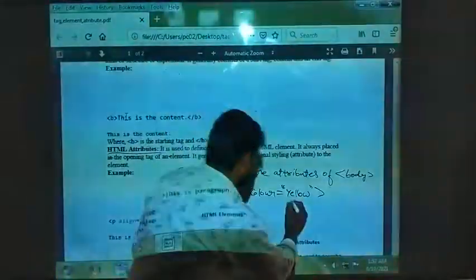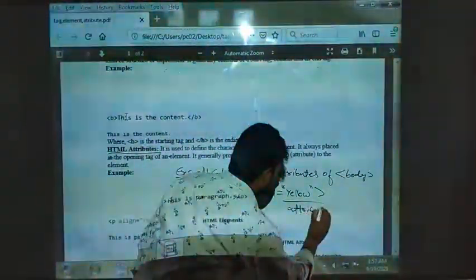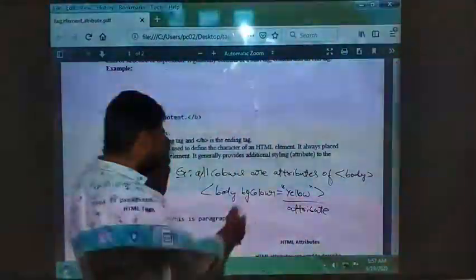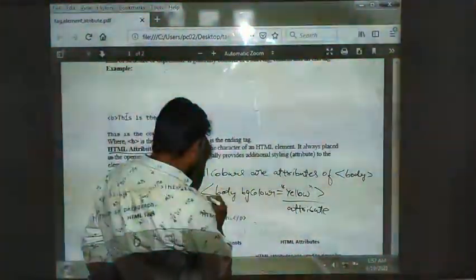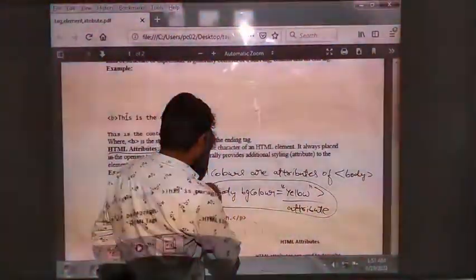This is the attribute. And BG color is what? Body BG color, completely, we call it the element. This is the element which we are giving here.